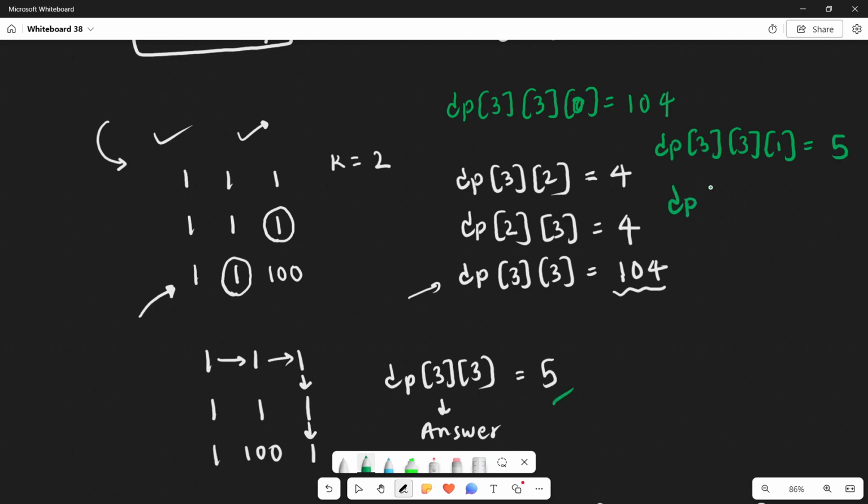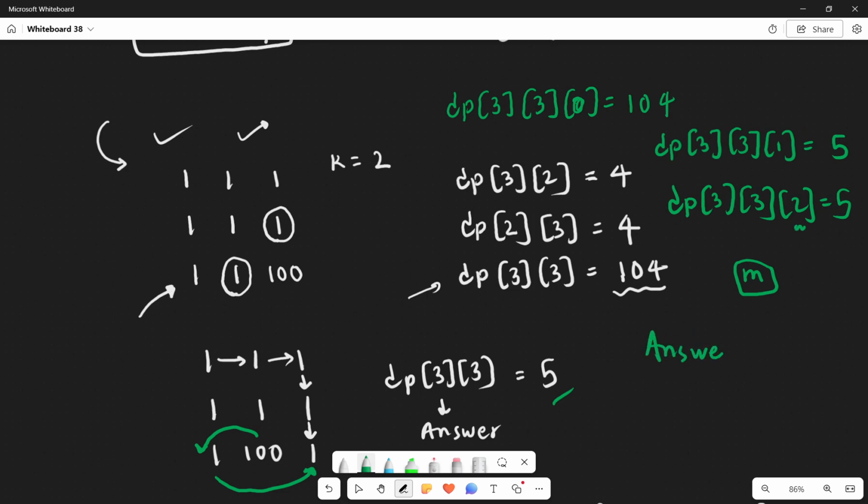What about dp of 3 comma 3 comma 2? This will again be 5. So this 100 will just shift to the left and this one will go to the end. Okay, so you don't want to perform m or more operations, so we will halt at 2,